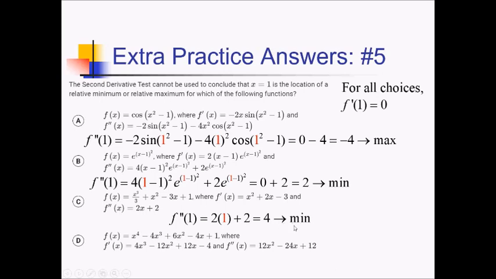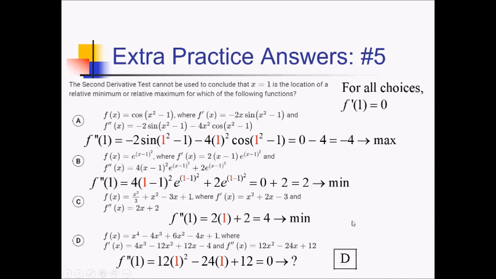So far, second derivative test can help us in all three of these cases. Let's do this last one now. We've got 12 times 1 squared minus 24 times 1 plus 12. This is going to be 12 minus 24 plus 12, all of which comes out to 0. And if you have 0, then the second derivative test is not going to help you figure out if that's a min or a max. So we don't really know what that should be based off the second derivative test, so we're going to pick